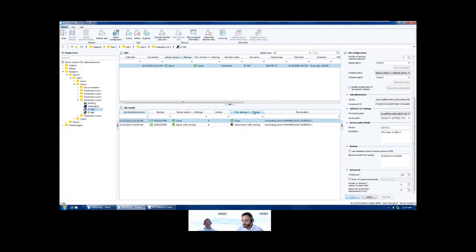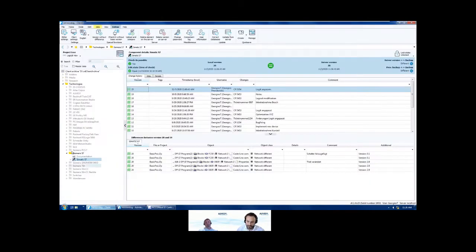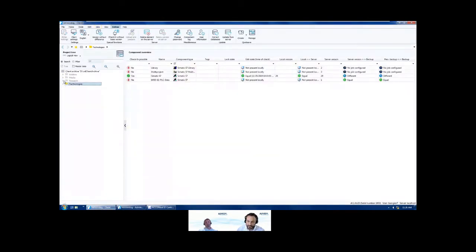There it is. So you see the backup with the previous backup are on the same status, they're equal, as well as the backup with the server version is equal as well. Okay, so I'm going to shift to the user client once again and go to the right directory,